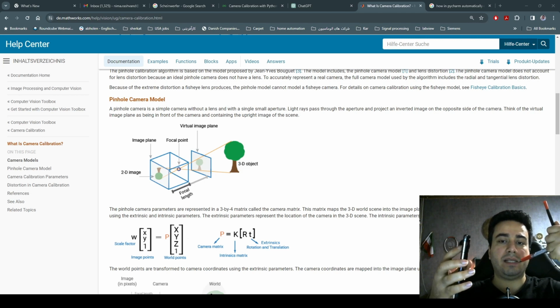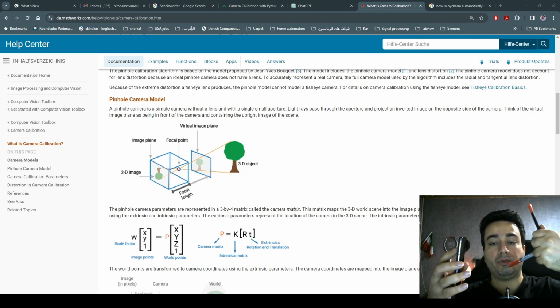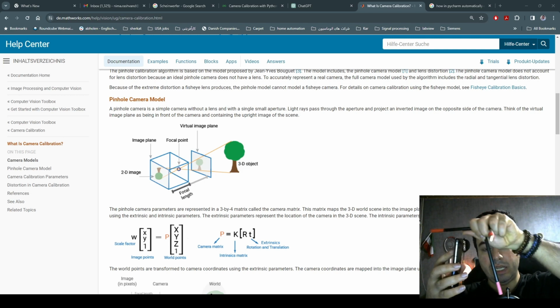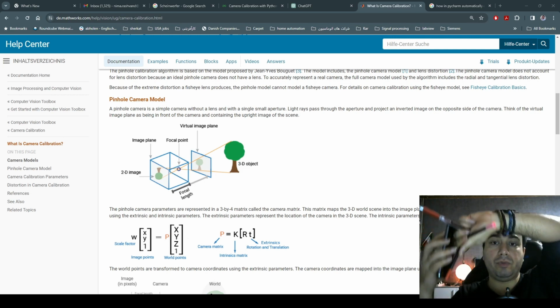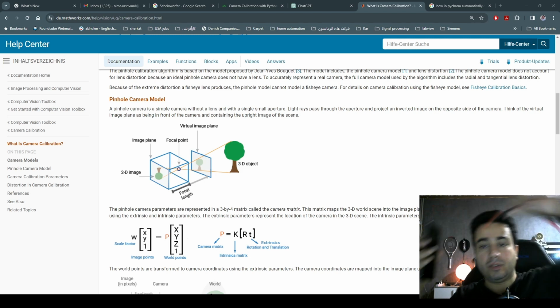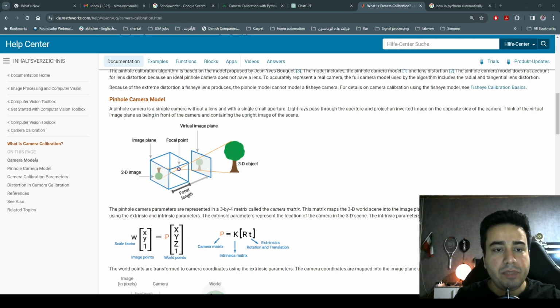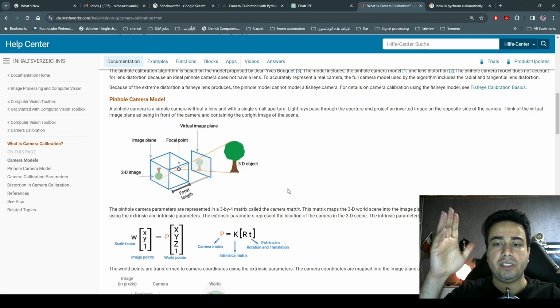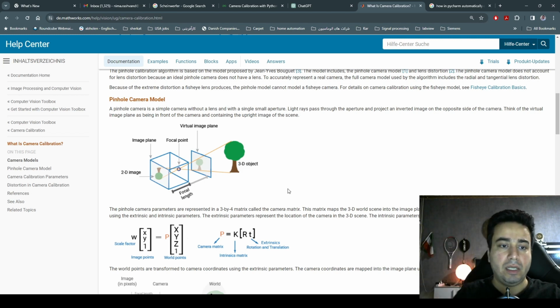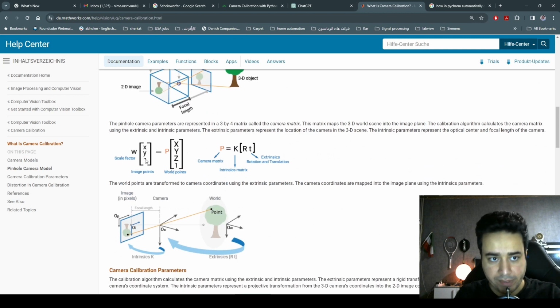So this translation and this rotation need to be found in order to be applied on the camera. As you see in this picture, for example, the 3D object was converted to a 2D image. So basically, from a 3D object, we will convert it to a 2D image. And here it is also nicely written that we have a camera matrix